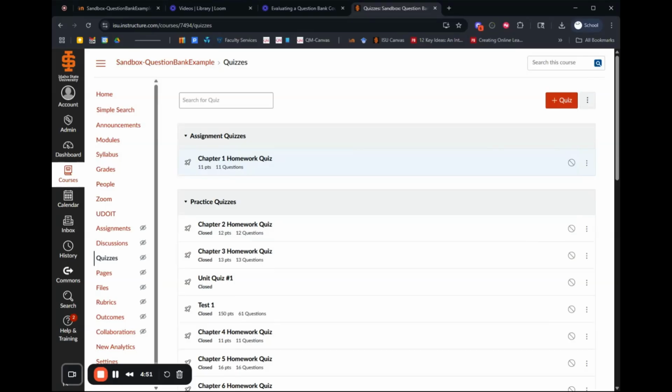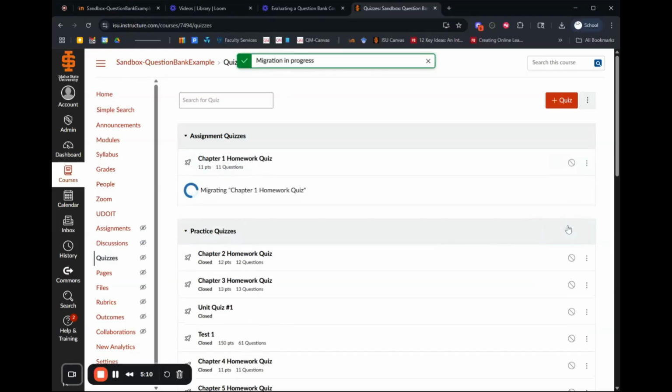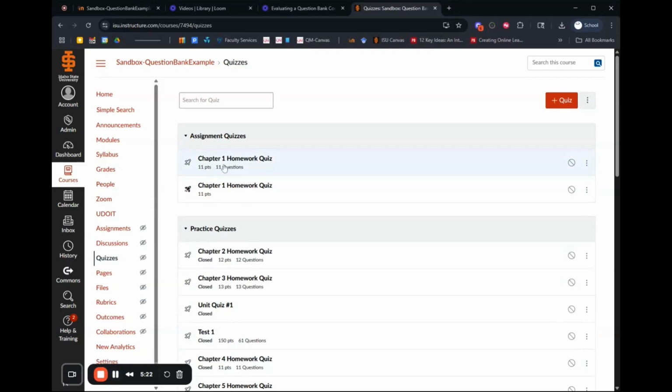If you've gone through and compared classic versus new, and you would like to move these to new quizzes, I recommend you review that before you do migrate. But it is easy enough to migrate these to new quizzes. So I'm going to migrate this one. When you migrate, it will not delete your old quiz, so you'll still have your old one there. And the new quizzes are solid black, and the classic quizzes are the outline. When you select this one,